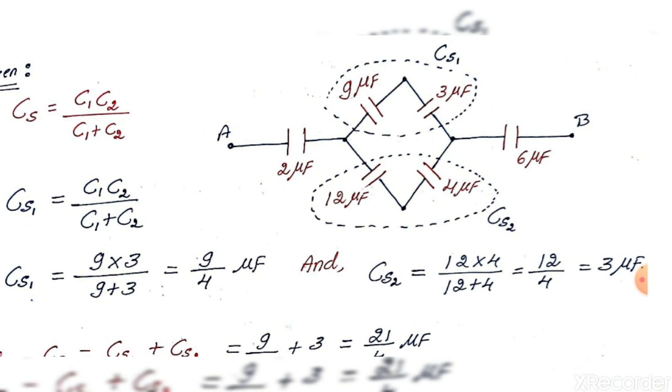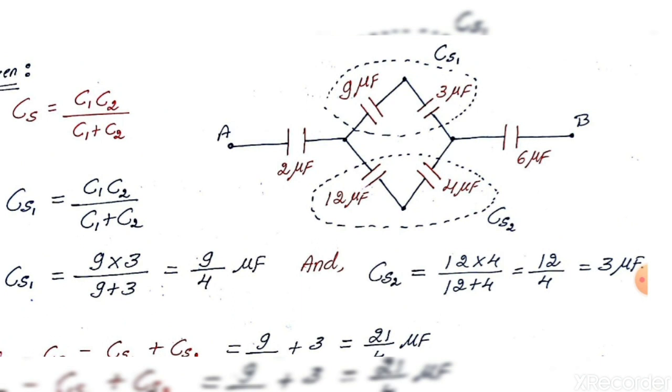Here first you should identify which capacitors come in series, which capacitors come in parallel. Remember the definition, capacitors are said to be in series when they are connected end to end. That means one positive plate of the capacitor is connected to the negative of the other, then it is said to be series. If all the positive plates are connected to one terminal and negative plates connected to another terminal, like if it lies between the common terminals, then we call it parallel.